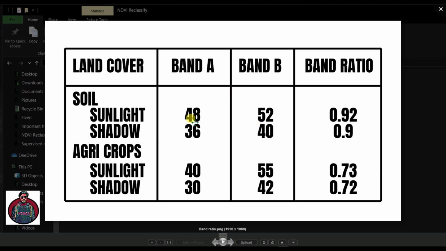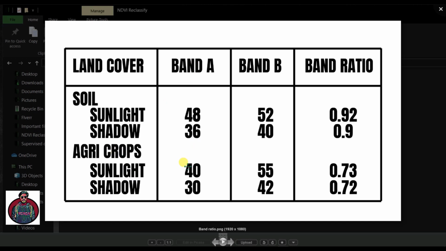But if we classify this way, that 40 and above is called soil, then we might have a problem, because agricultural crops also have a reflectance of 40 in band A.